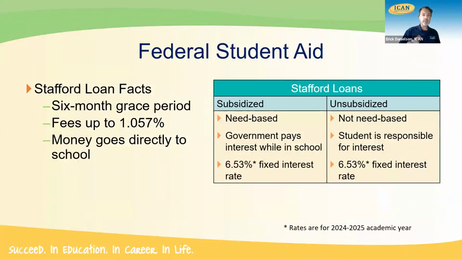Some of these things I've already mentioned. I do want to mention the last bullet point on this slide, and that is the money will go directly to the school. And for students to be able to receive Stafford loan money, if they want to take that out, they are going to need to complete what's called entrance counseling on the studentaid.gov website, and also fill out what we call a master promissory note, which is basically just their general information and a couple of references. One can be a parent, and then the second reference has to be someone else at a different address than that parent.